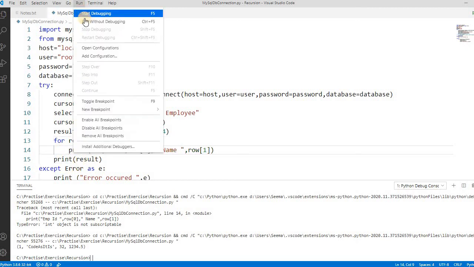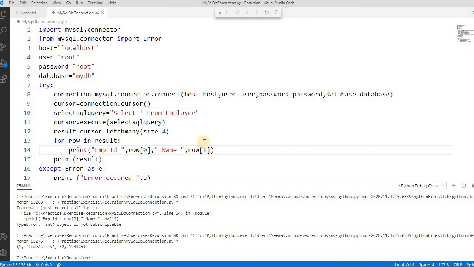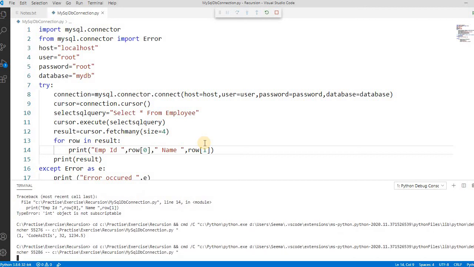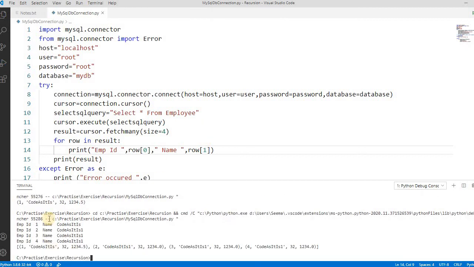Let's run this and see the result. See, it's printing only 4 values, although the result has 9 values.